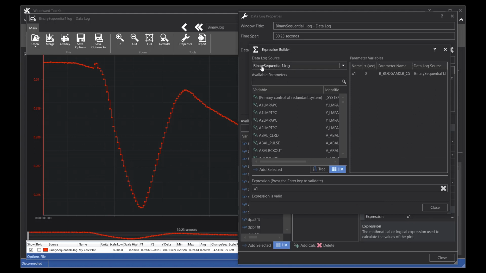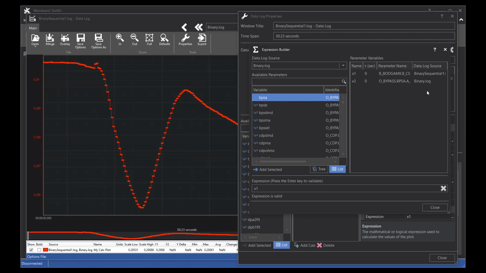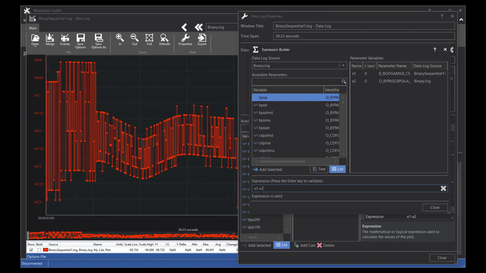So far I've just been adding from the binary sequential 1 log file, but now that I've overlaid this binary log file, I get a separate listing, and I can add those as parameter variables as well. So let's see what that does. All right, so that looks interesting, but it's a little noisy,